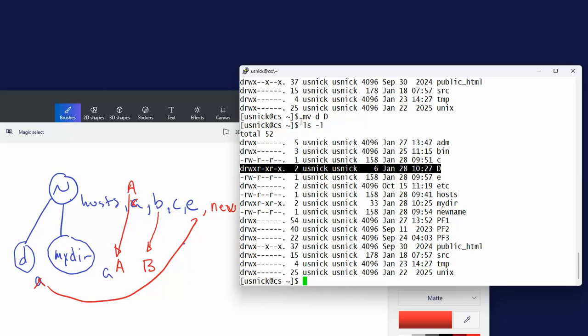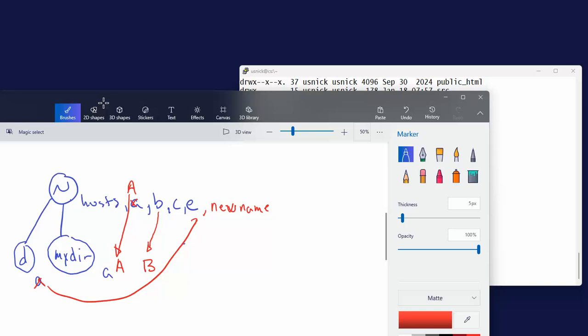On the other hand, if I say move, this kind of takes us back to what we were doing with the copy command earlier. What if I say move uppercase D to my dir? Well, really, we can leave it at that. That would relocate directory D, where now it moves it underneath my dir. So that command would give us this. This thing here moves over now